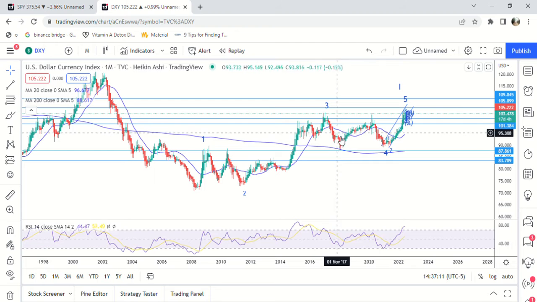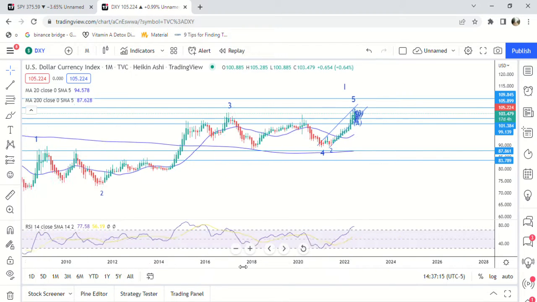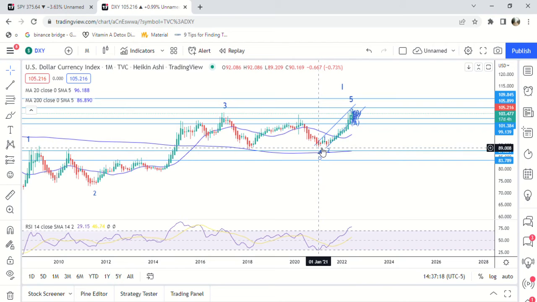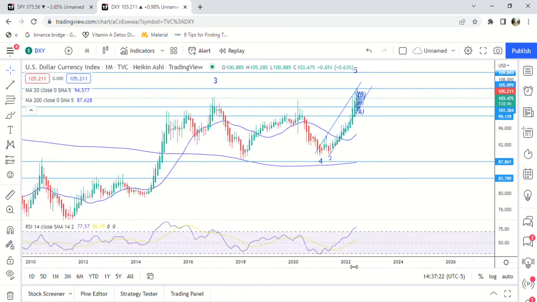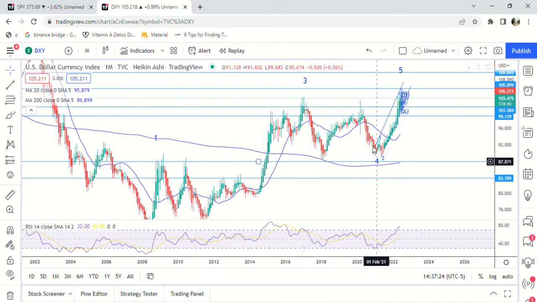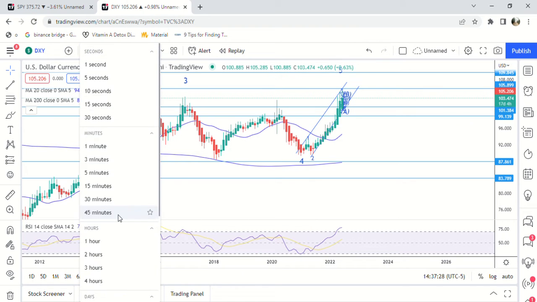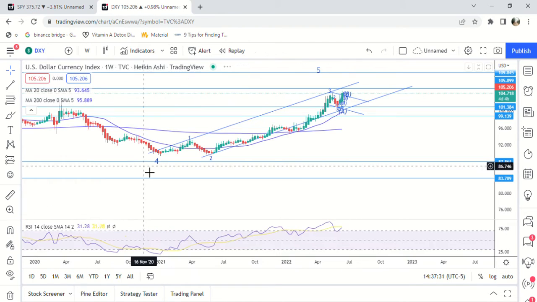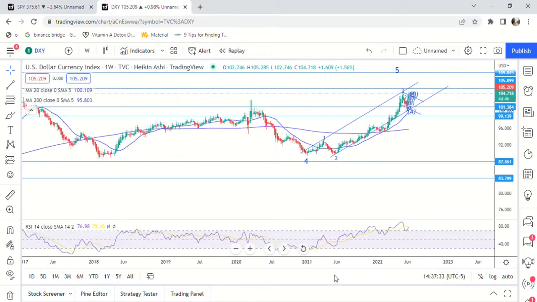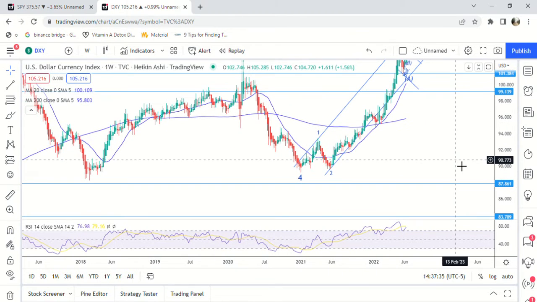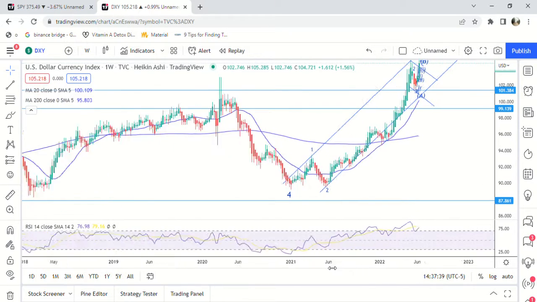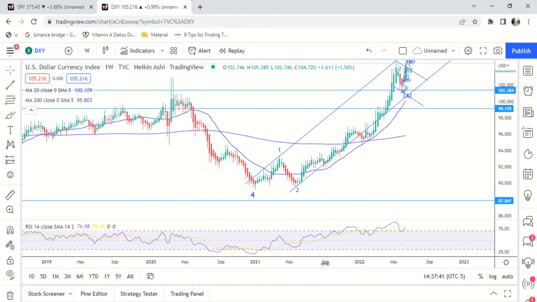Then we have an A, B, C, fourth wave. And that was in January of 2021. Remember we had that big growth stock move where they exploded? Well, that was because the dollar was losing value. So you can see when the dollar loses value it corresponds with growth stocks a lot. Stocks in general too, but especially growth stocks, they can't go up when the dollar is getting stronger, basically.